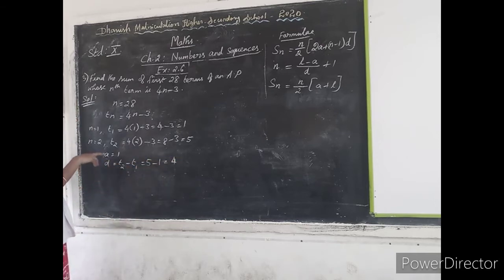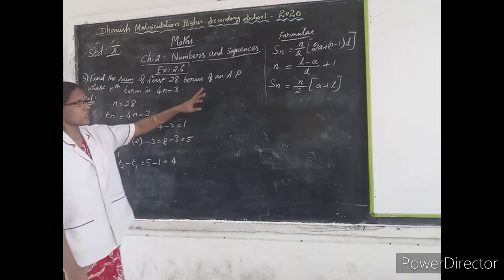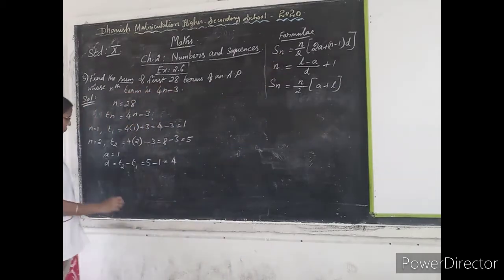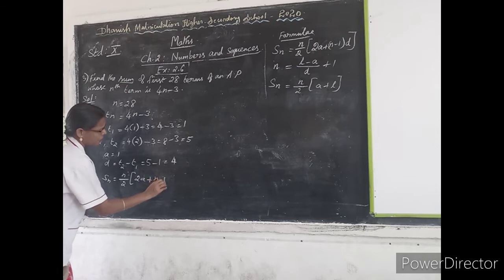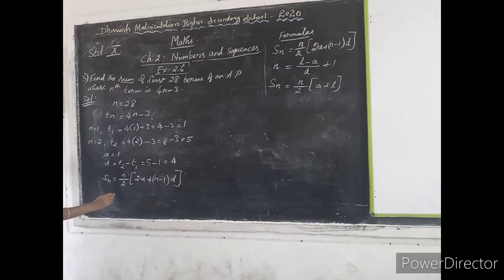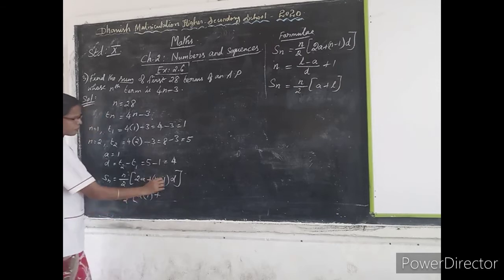Now we know what is a, what is d, what is n. What is our question? Find the sum of. So now the given one is an AP. So use this formula. Sn is equal to, here the last term we don't know. So use that formula. Sn is equal to n by 2 into 2a plus n minus 1 into d. Here n is 28 by 2, this bracket 2 into a is the first term, so 1 plus n minus 1,